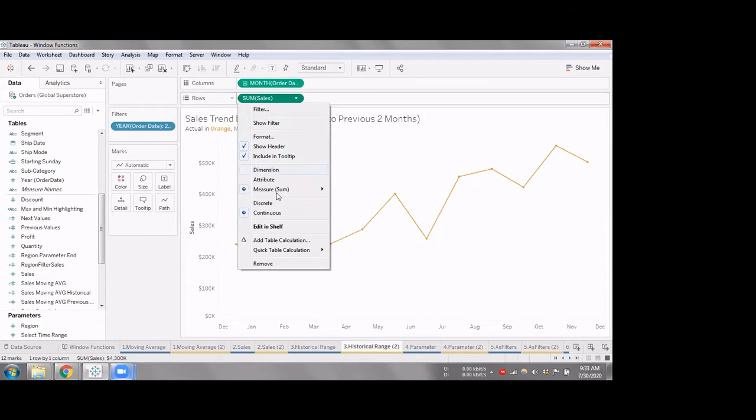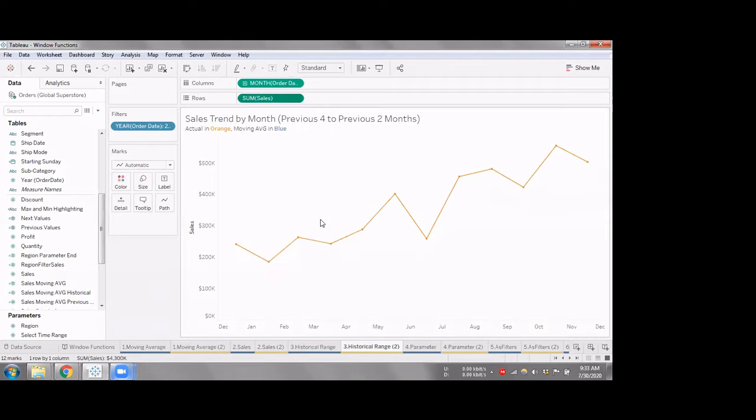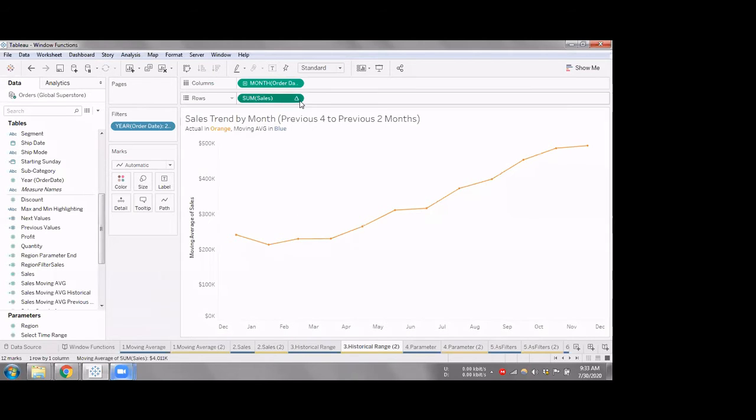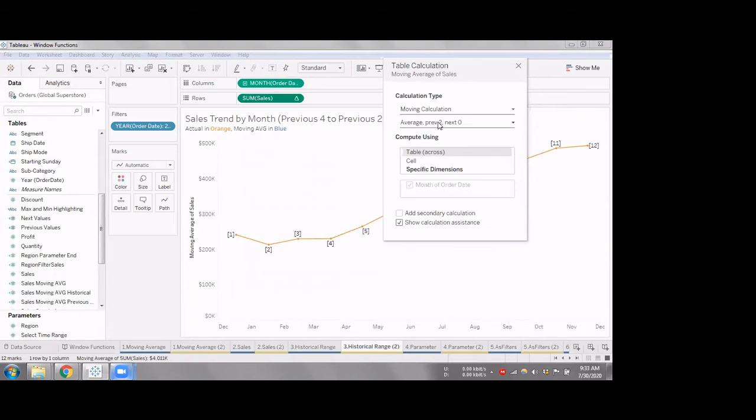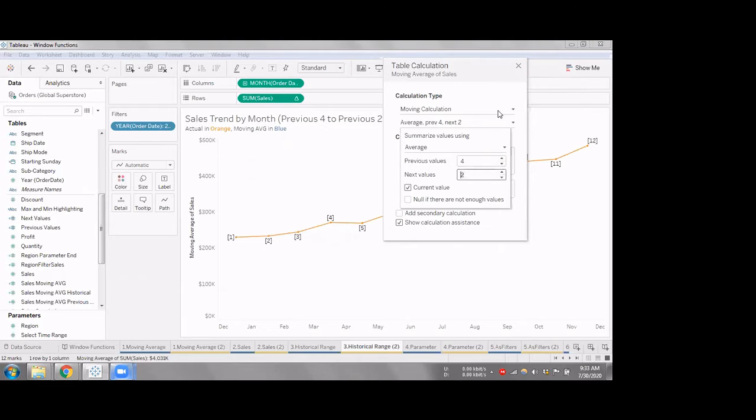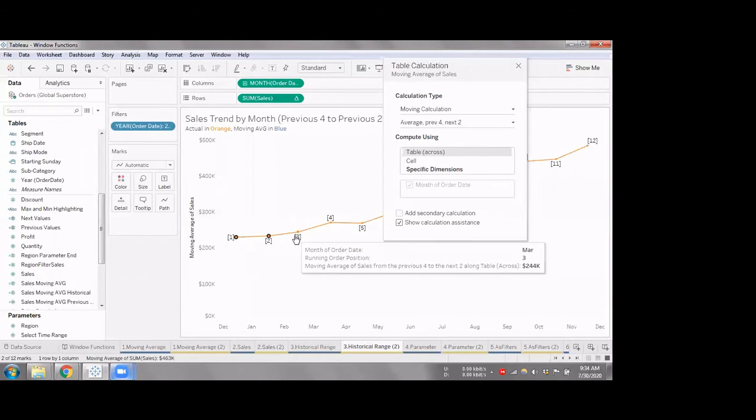If I open quick table calculation, moving average, and edit table calculation, I can just change those numbers from previous 4 months to previous 2 months. So for a particular month, it will give you the average for these 2 values, leaving 1 month behind.